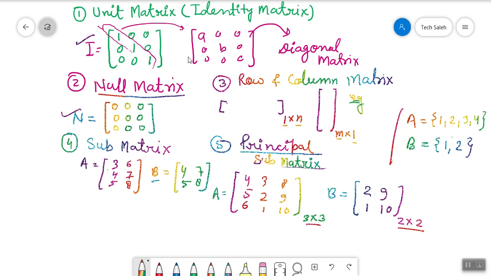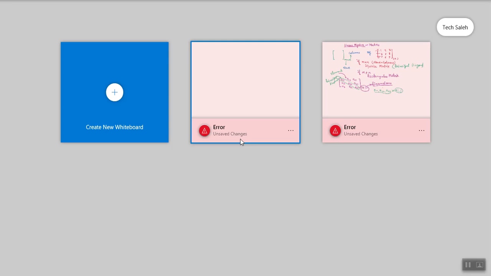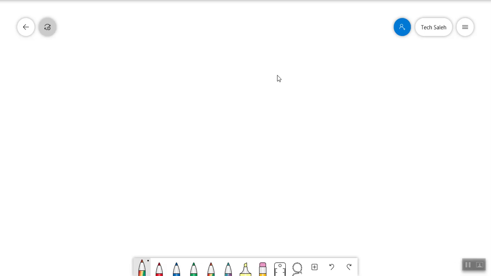And then we have another kind of matrix, the transpose of a matrix. This is also a very used matrix, right? So what is transpose? Suppose you have a matrix A,